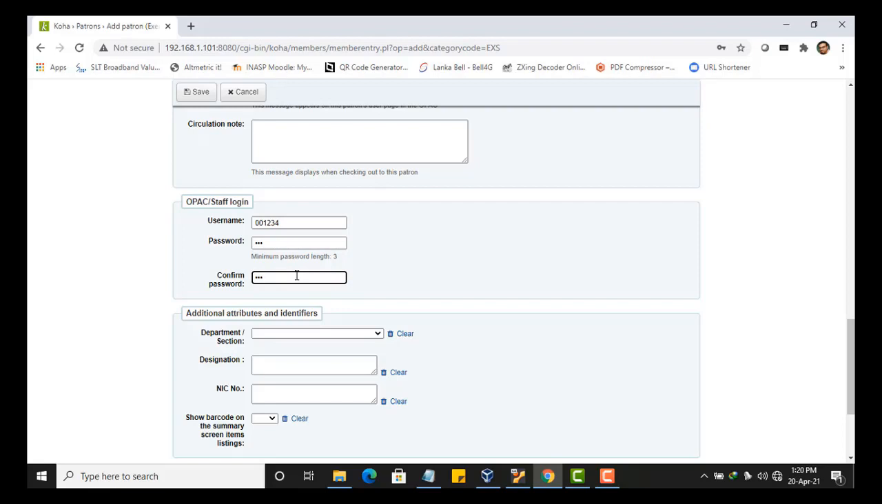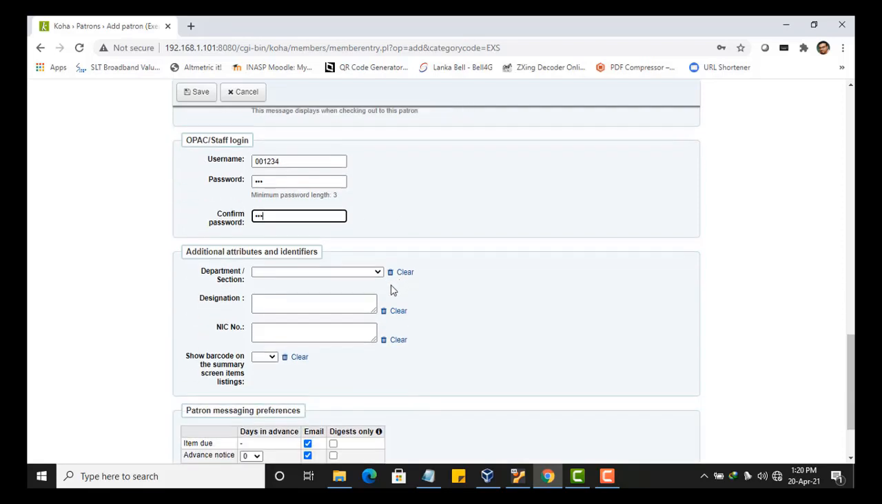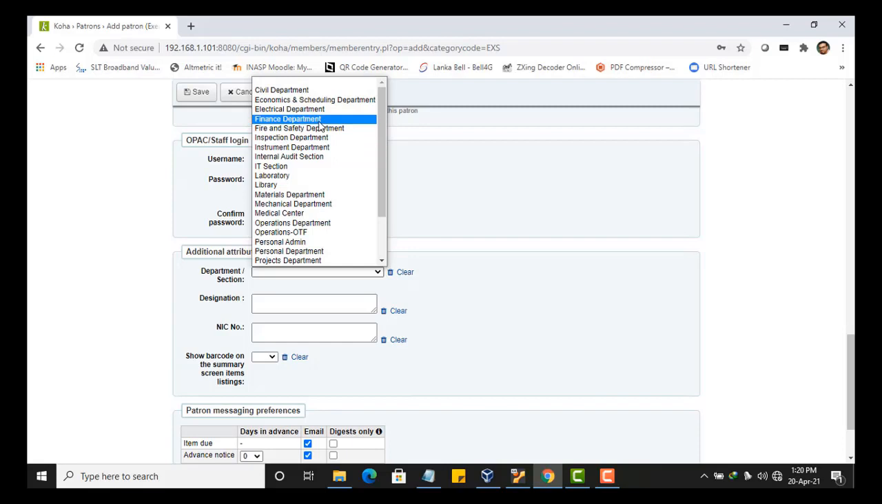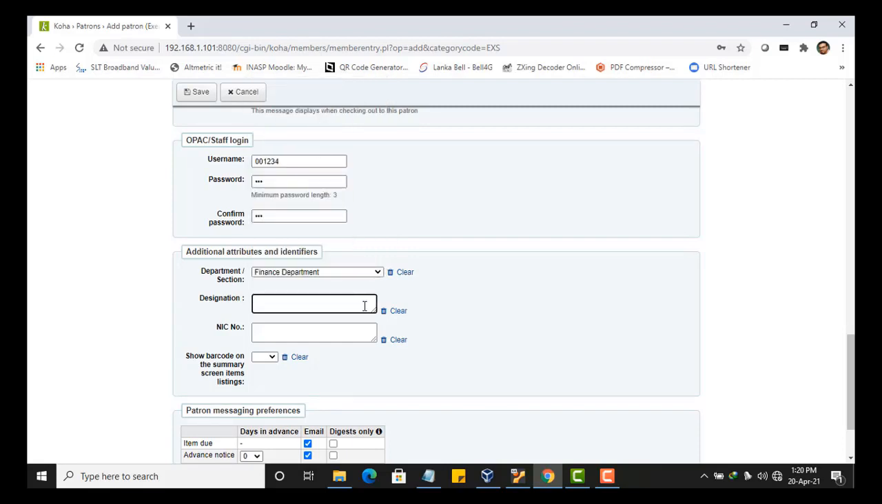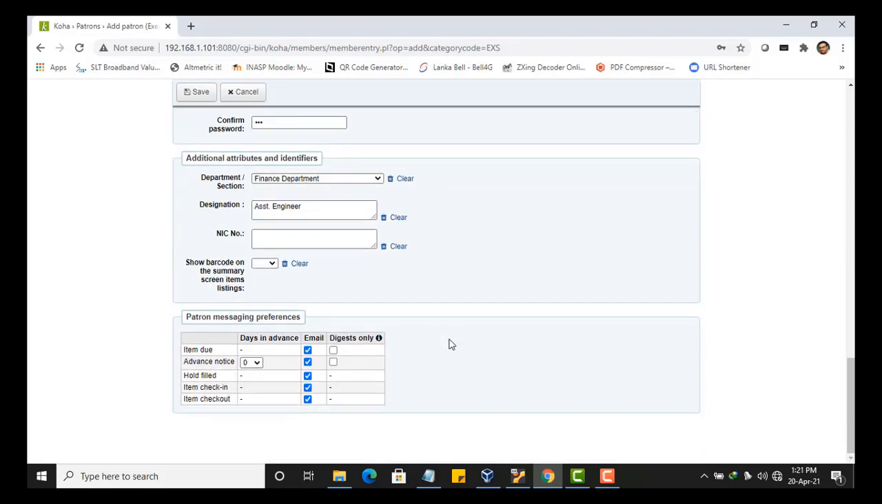Then later the user can log in to the system and they can change their password. There is a possibility to change their password. So you give that one, then you choose the correct department and the designation. You can type it here. Those kind of things you can type here. NIC number, you can type it here, right? So give a NIC number, right? Then once everything is over, you can save it,